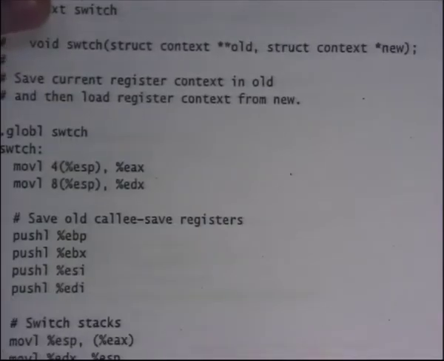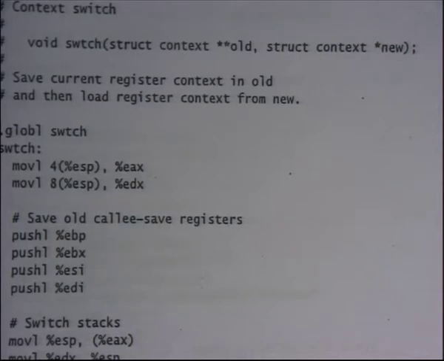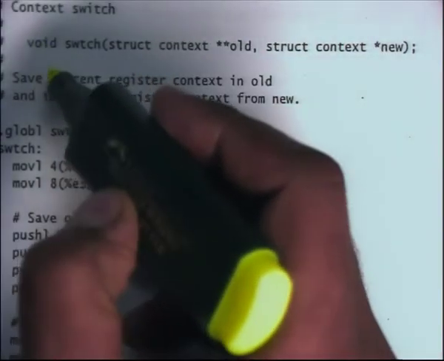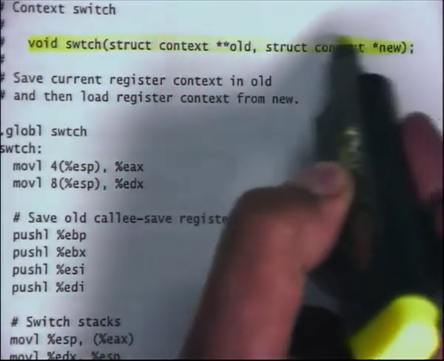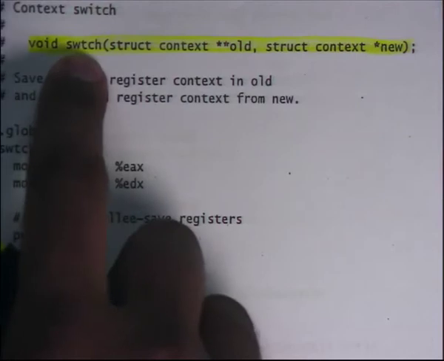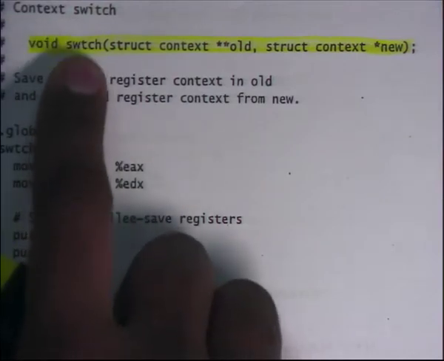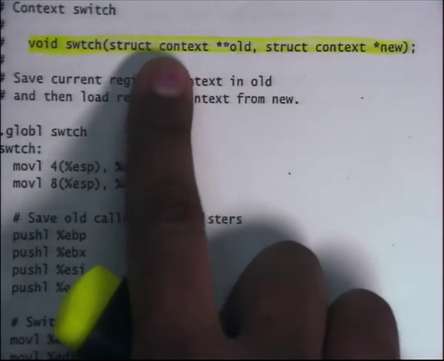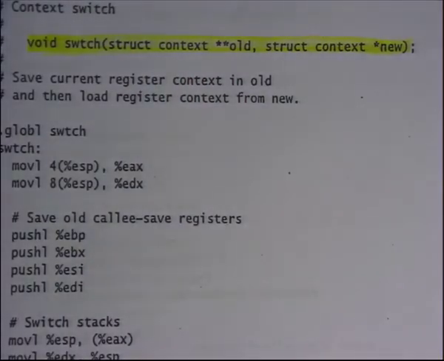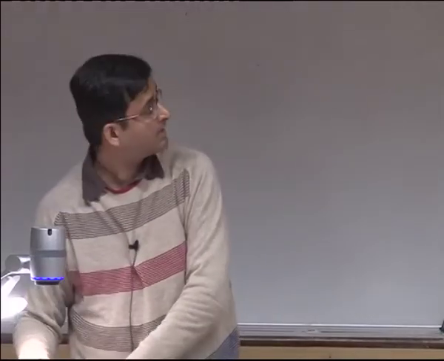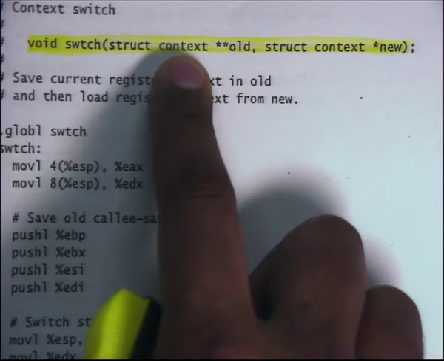So here's the function which switches, right? So we said that the scheduler is going to switch to the new process. What does it mean to switch to the new process? It just calls this function called switch, right? And let's understand this function before we go forward. So this is the function called switch, without an I in this case. It's an assembly function. It takes two arguments. There is a structure called context, which basically holds the saved register values of the kernel, right? Recall that we said that there's some values that the kernel has that needs to be saved. So it takes a pointer to the context. This is the old context and this is the new context.